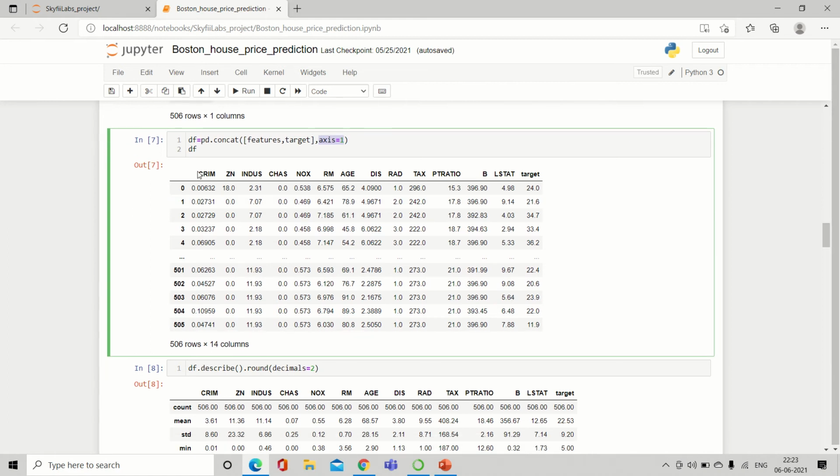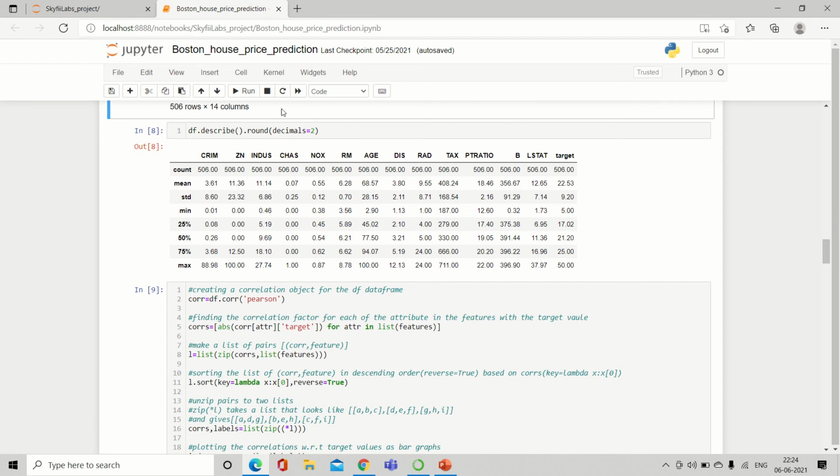So this is our data frame after concatenation. You can see target is added to the data frame df along with the features and stored in df.